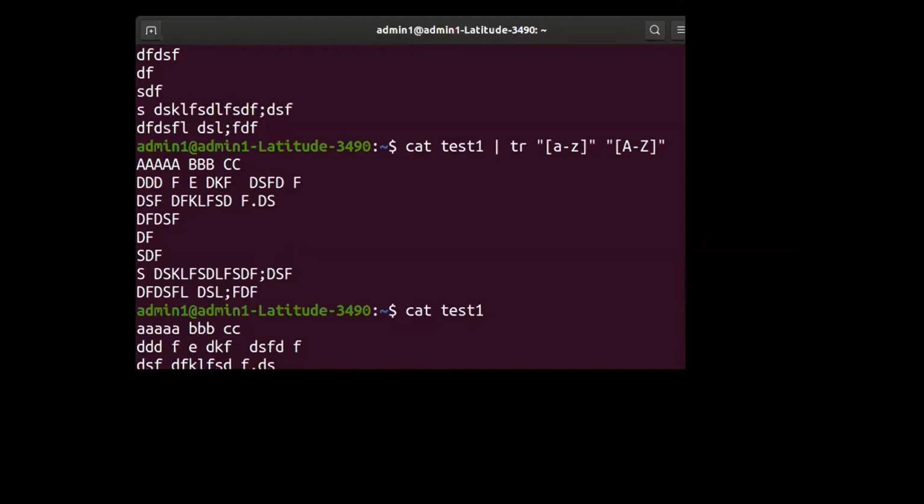So the whole idea is, if you want to change the contents into uppercase and you want to ensure it is also there in that particular file, then you use the redirection operator and store the contents in a particular file. That is the only way you can ensure that the contents are available in the file itself in the form of uppercase. So this is how the tr command actually works.